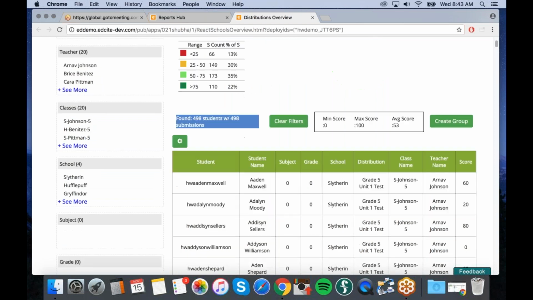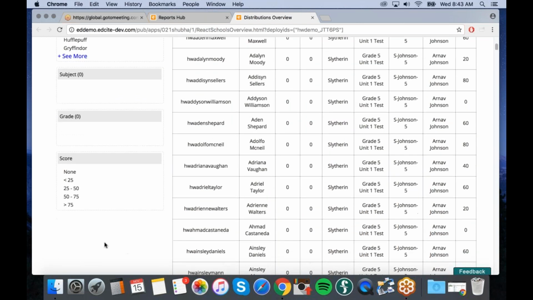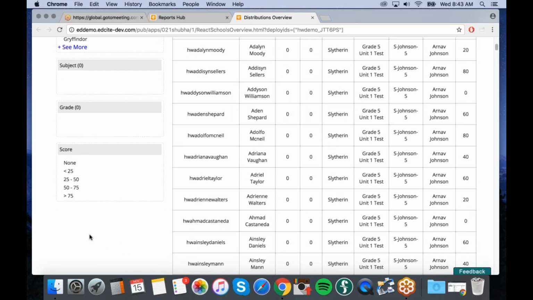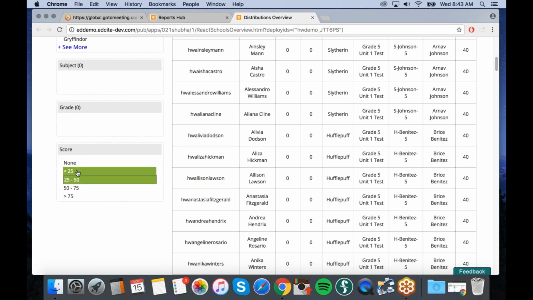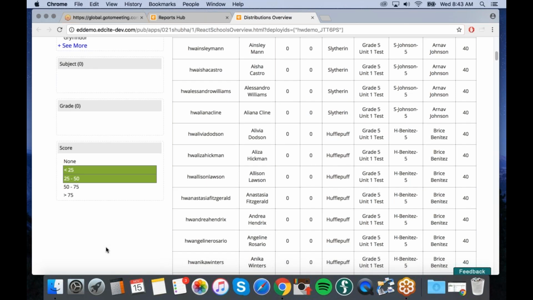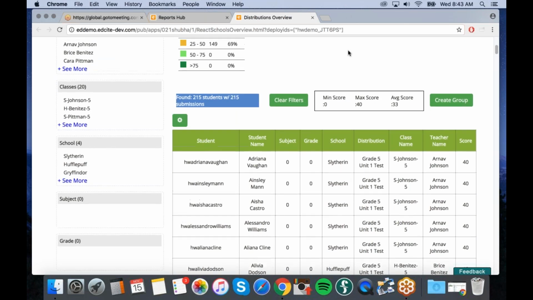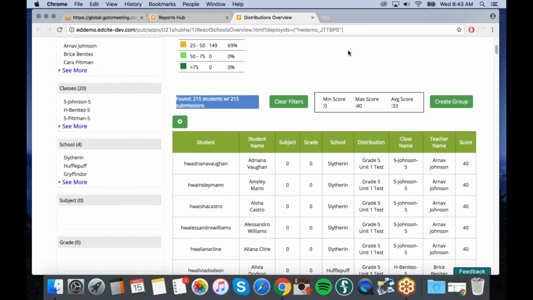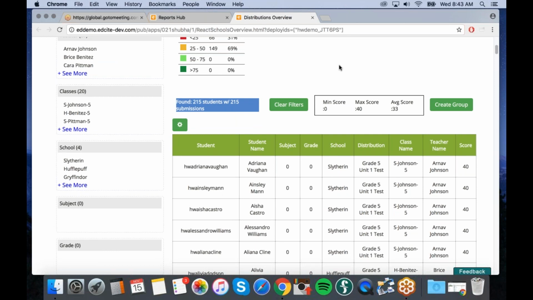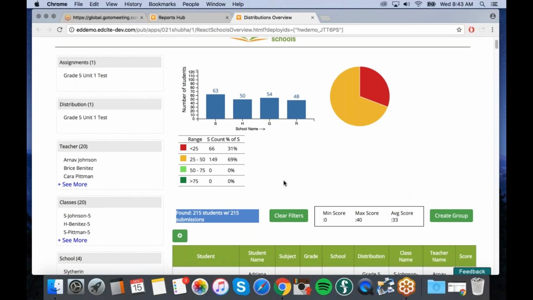So let's scroll to the very bottom and let's select everyone that's performing under a 50. So we'll do 25 to 50, under 25. And then if we scroll up, it would show me the number per class, or in this specific example, per school in the bar charts. And then I could actually create a student group. So that green button on the right side of the page,